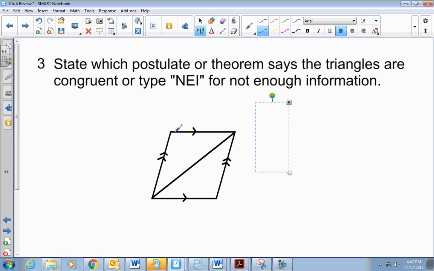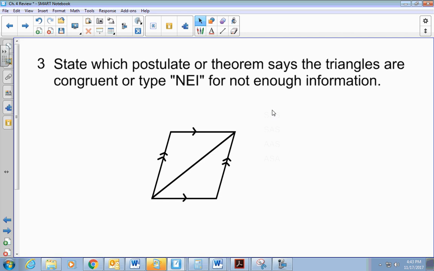All right, the next one. Okay. State which postulate or theorem says the triangles are congruent or NEI for not enough information. So I'm going to throw this down, and these little arrow marks mean parallel. So in this case, I have the top and the bottom line are parallel, and the left and the right line are parallel. Now, we did parallel lines last chapter, and when we see parallel lines,